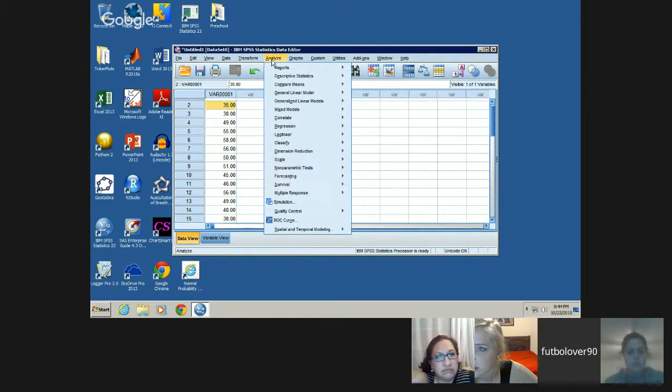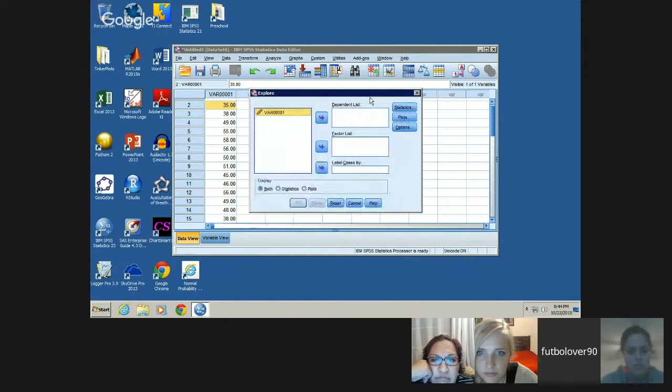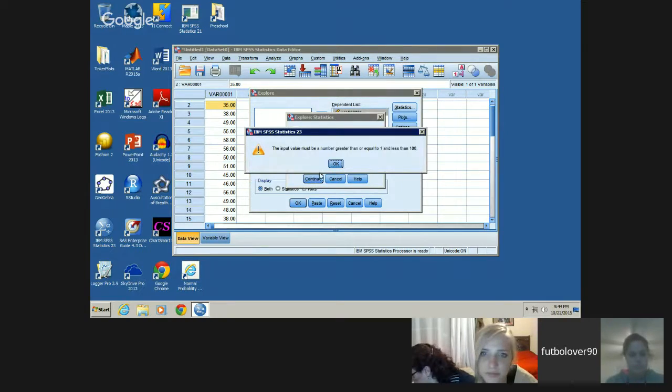So you go to Analyze, then Descriptive Statistics, and Explore. Switch that over. Hit the Statistics button. You see that little box right there? That's where you put whatever confidence interval it's asking for. So it's 0.05.